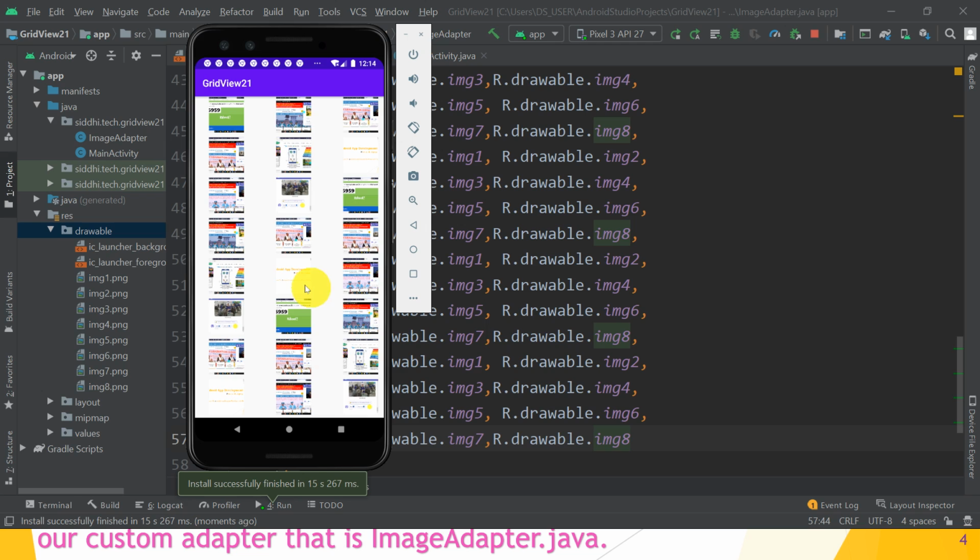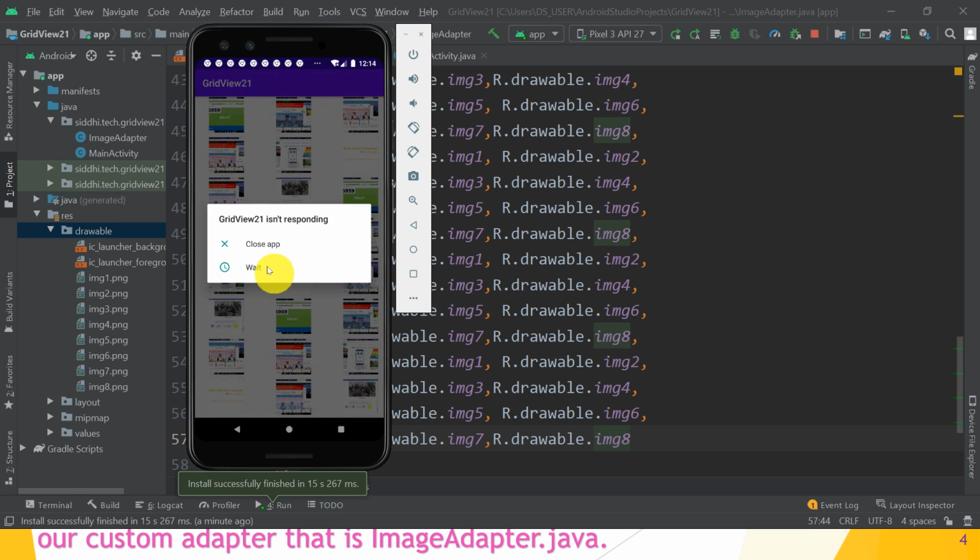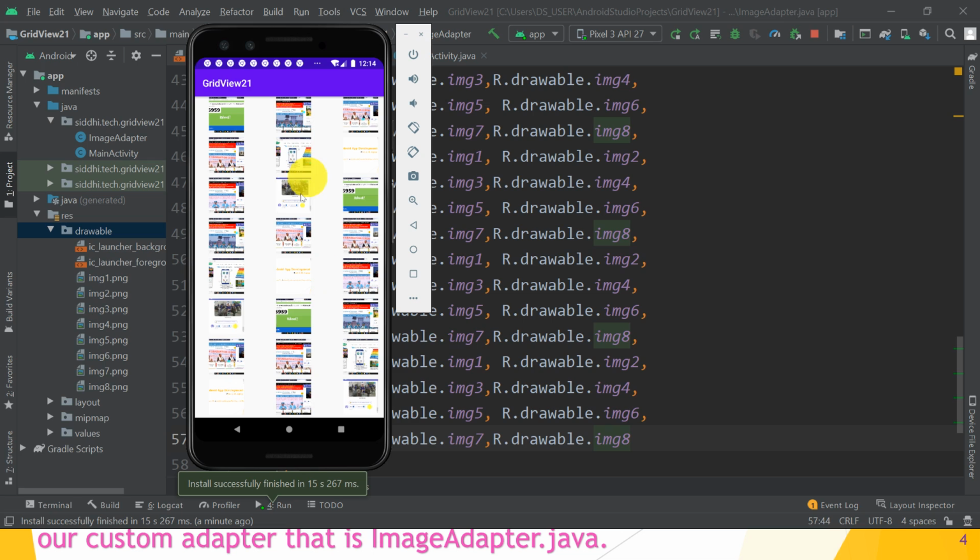So now these are scrollable. Okay, so understood this part. So your images, which are 32, are scrollable. Great. So this is all about the grid view control. So guys, hope you understand.